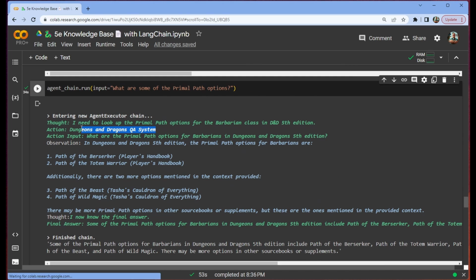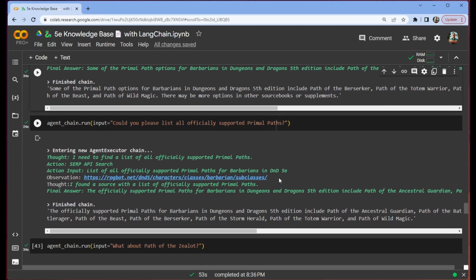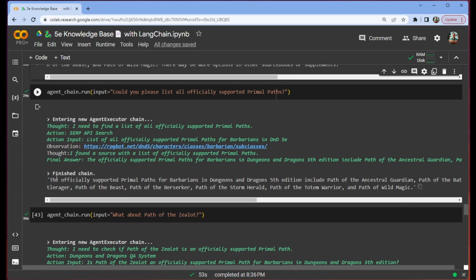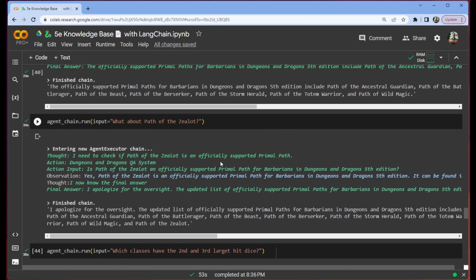So it doesn't think that the Dungeons & Dragons QA system will have an answer. So it Googles it, and we get pretty close to the right answer. I ask it a follow-up, knowing that it's missed one, saying, what about Path of the Zealot? And indeed, it says, sorry, I missed it. There you go. You can definitely tell that GPT-4 is powering this by the classic